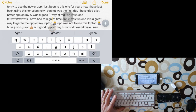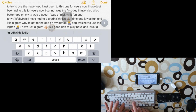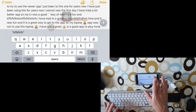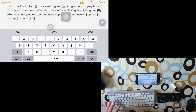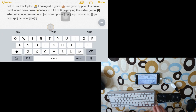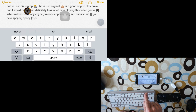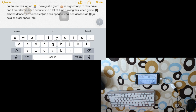Turn this one on, see if this pairs. Yeah, so that's typing. It's something to do with the fact that this is paired, which means that it wants that keyboard up. So if I turn this off now, get rid of that,